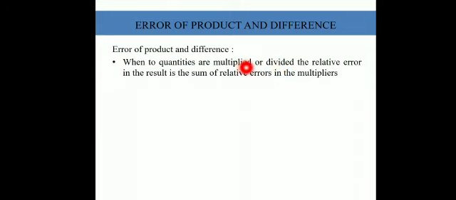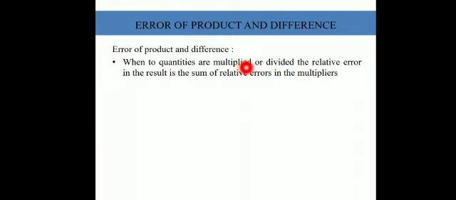So if we have two values a and b, the error in measurement of a is delta a and the error in measurement of b is delta b. Then if we multiply a and b, the error in the value of c after multiplication will be in terms of relative errors, the sum of relative errors in each property. So relative error in a plus relative error in b, plus, if there is a third property, relative error in c. Fine, we'll see how it goes.